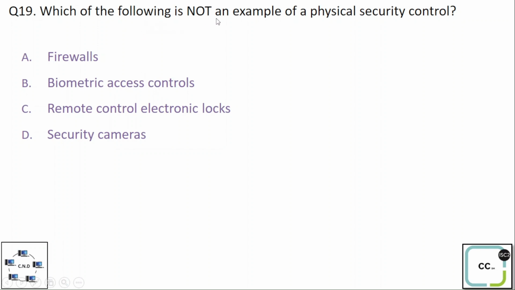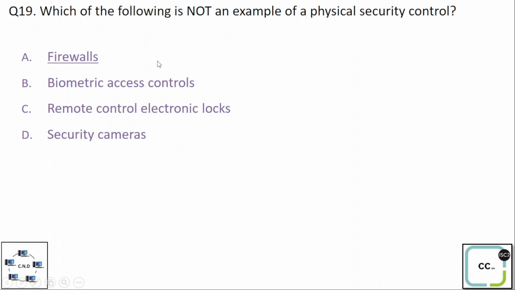Which of the following is not an example of a physical control? So out of these, three are physical controls, one is not. So which one is this? And the options are option A, firewalls, option B, biometric access control, option C, remote control electronic locks, and option D, security cameras. And the correct option is, so firewalls are not an example of a physical control, rather they are logical